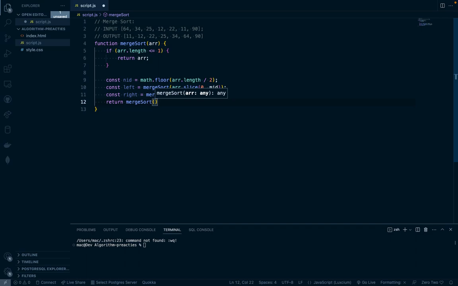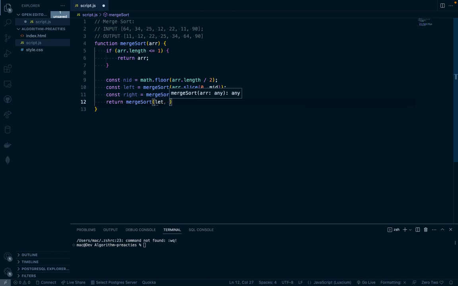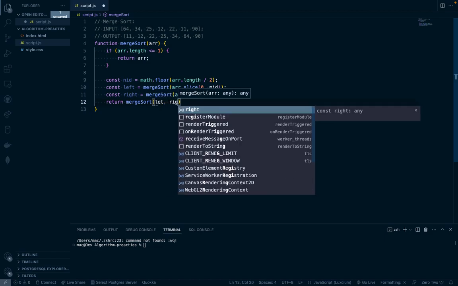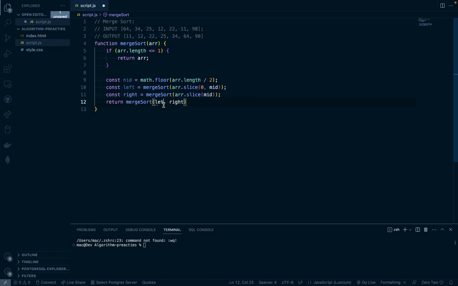So this thing, I'll say left and right. Exactly. So guys,